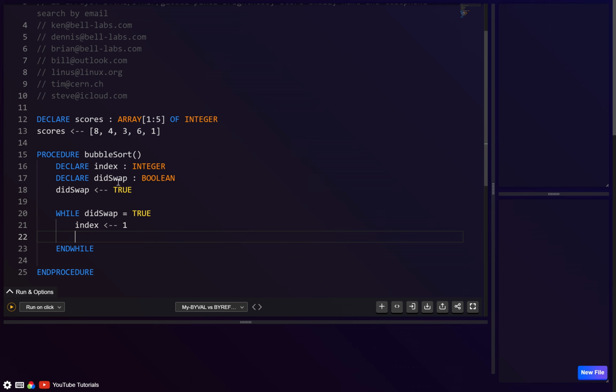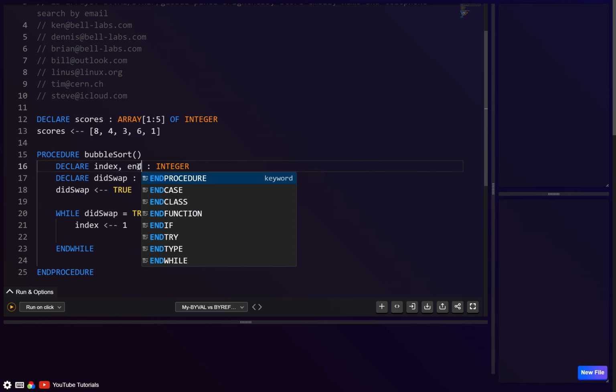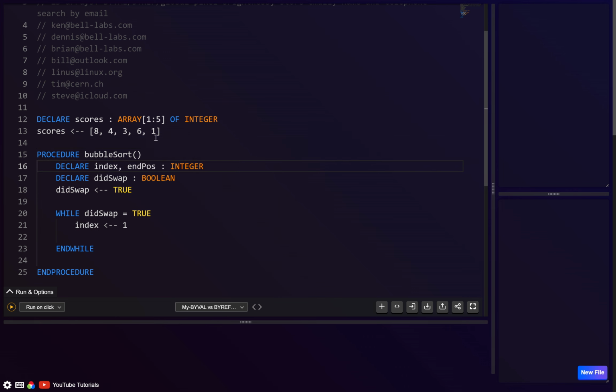Alright, so let's think. What we can do is have a for loop inside this. We probably want another integer, let's call it end position, in terms of the last element we need to check. And I think we'll say the end position will be 4 in this case,